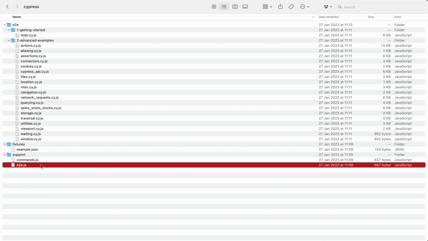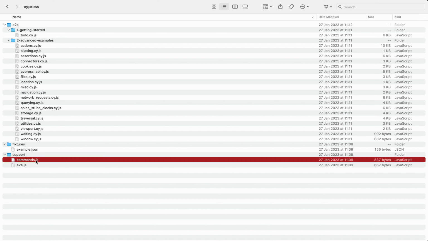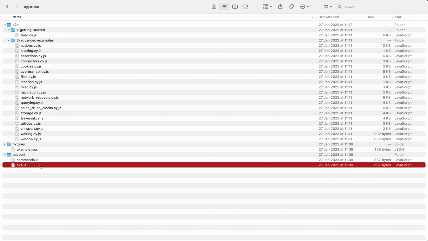Your E2E file is where you could put global configuration or modifiers that modify Cypress behavior, such as your before or before each. By default, in here you will only import everything from this commands, but you can also include other files if you need to. And like I said, if you're doing component testing, you would normally have a component.html file, and it's this file that would render your HTML components when you're doing component testing.